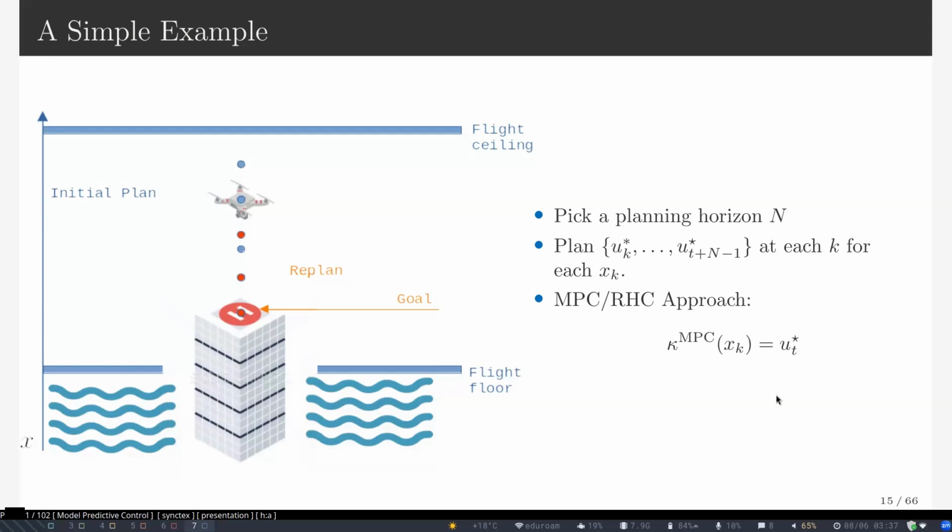Always, your models are bad, but sometimes they're good enough. There is this view that we need more complicated models because they predict things better. No, they don't. You ask yourself first, what do you want to do with that model? But that's one thing. The other thing is that there are all these exogenous inputs that you have no control over. Wind flows, how do you know? So you will never arrive where you expect. That's why you end up replanning, and then you implement. And that's the principle of feedback. And you keep doing it.